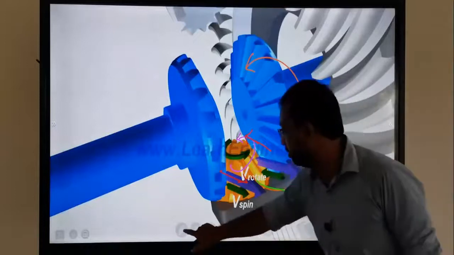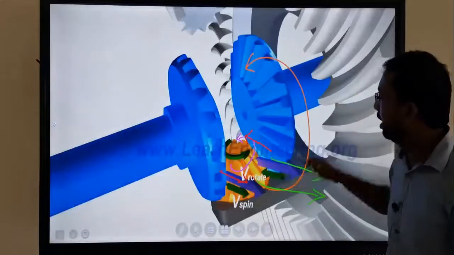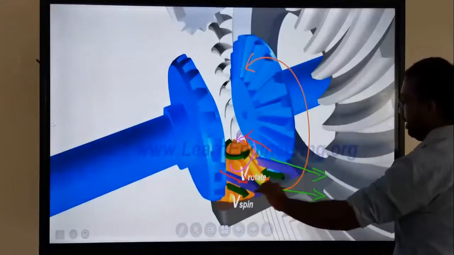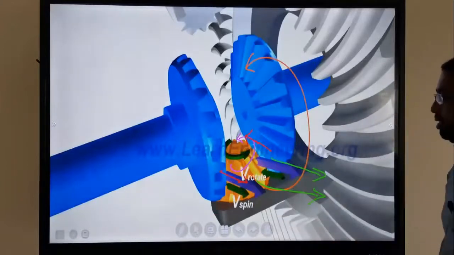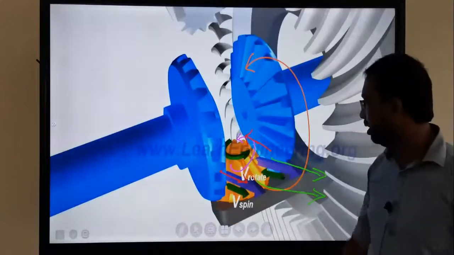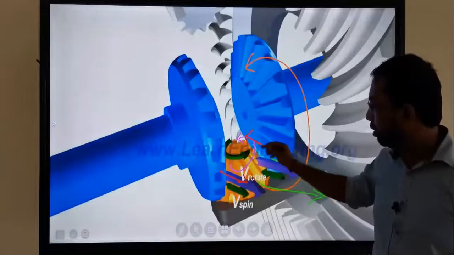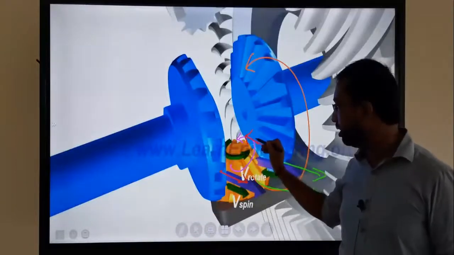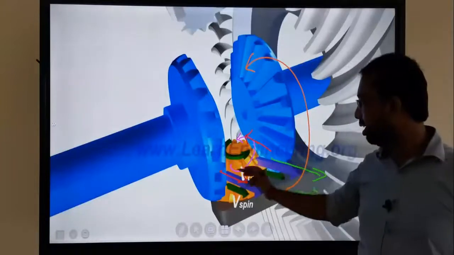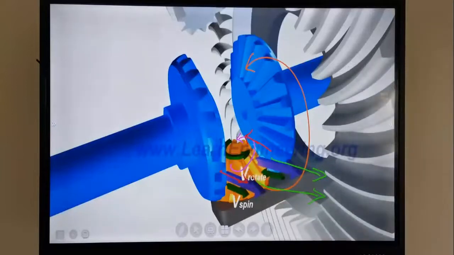However, the green on both sides rotates like this. The spider gear goes along with the ring gear. So the green is in this direction. That means the direction of this rotation here, correctly. The direction of spinning on both sides is like this. So here the right side gear acts this way, and the left side acts like this.